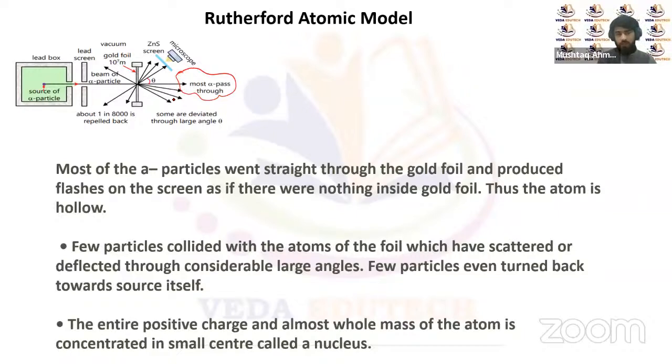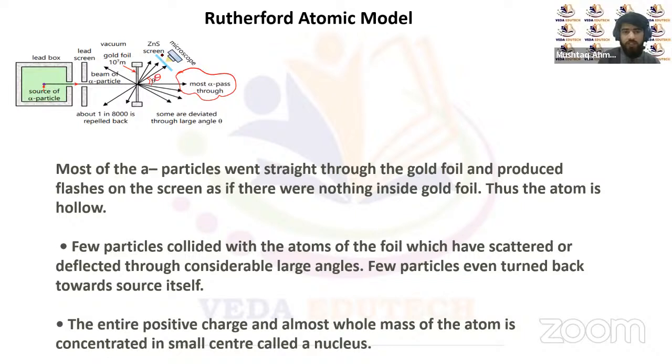It means that at this point there is no deflection, right? Straight to this point, there is no deflection. It means that the intensity on the zinc sulfide screen will be bright at this point. It means more than 90%, or we can say 99%, of the alpha particles actually pass through the atom, right? So few alpha particles, some flashes, were observed at an angle of theta, right, on